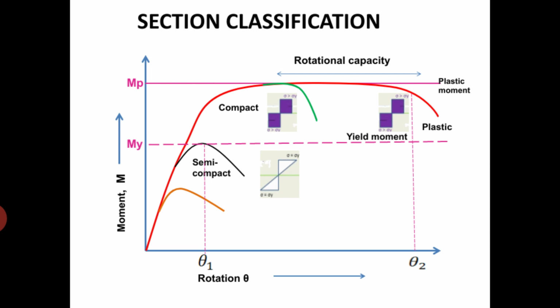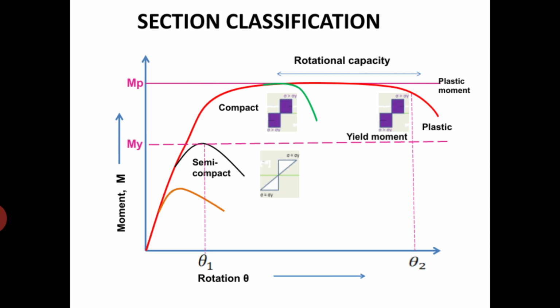In this, if you are having slender sections, what happens in the slender sections, the cross sections, the local or lateral buckling of the member occurs in the elastic range, and an effective cross section is therefore defined based on the width to thickness ratios of the individual plate elements. Individual plate element means here the web is one element and the flanges is another element. So based on the width to thickness ratios of individual plate elements, this is used to determine the resistance